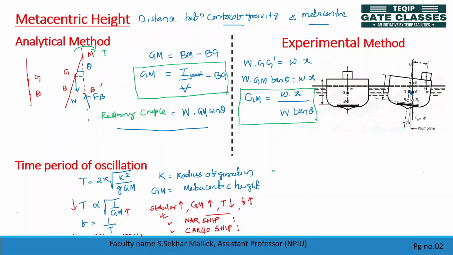If more stability is needed, then frequency of oscillation will be more and comfort level will be less because of it. But for a cargo ship, comfort is more important than stability, so frequency of oscillation will be less and stability will also be less compared to a war ship, right? So for a war ship your metacentric height value is 1.3 to 1.8, but for a cargo ship it is up to 1. Okay, this is your metacentric height Gm value. Let's put this in a box.